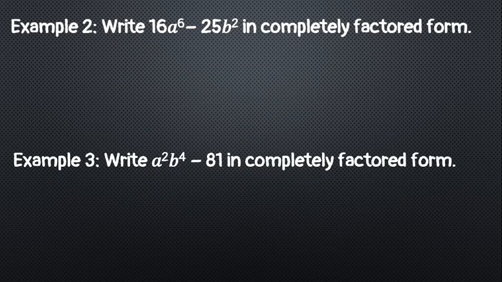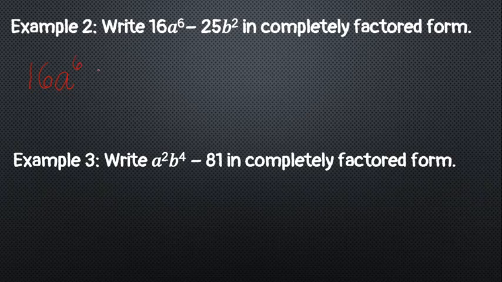Next, let's have another example. Write 16a to the 6th power minus 25b squared in completely factored form. So again, let's check first if the given is a difference of two squares. 16 and 25 are both perfect squares. The exponents of the variables, which are 6 and 2, are both also even numbers, and the sign between the two terms is minus. So now, let's rewrite